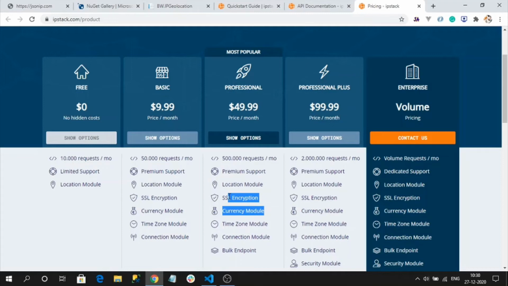But if you want more accurate results, this also sometimes won't be accurate based on the IP and the time. It will give some nearest location of the user's address. Maybe if you are going to use premium subscription plans, at that time it may give the exact location of the users.